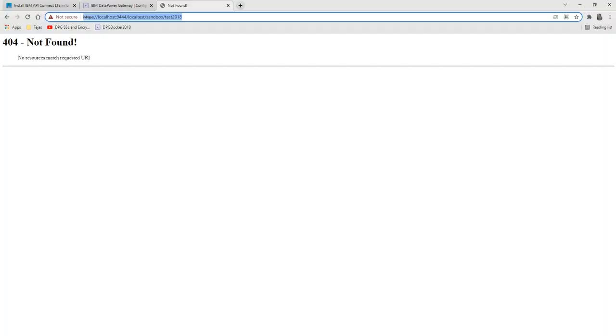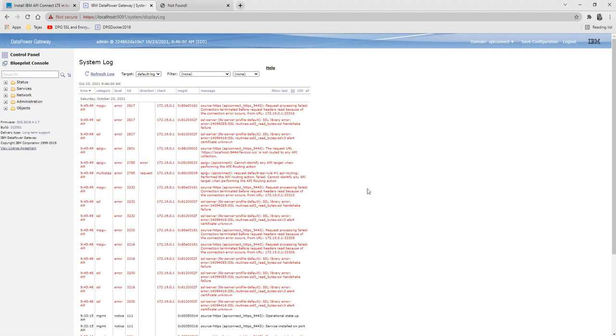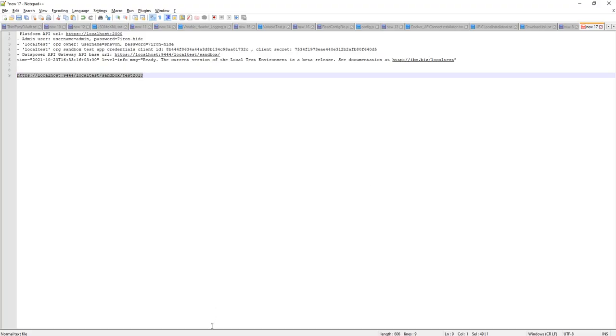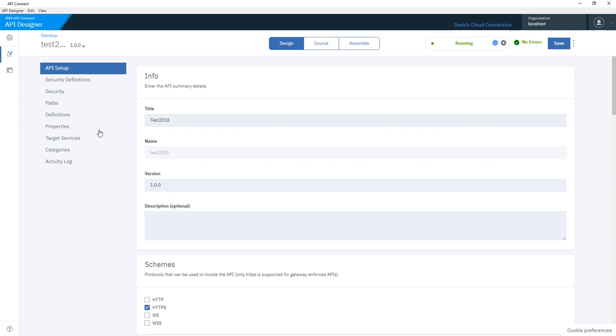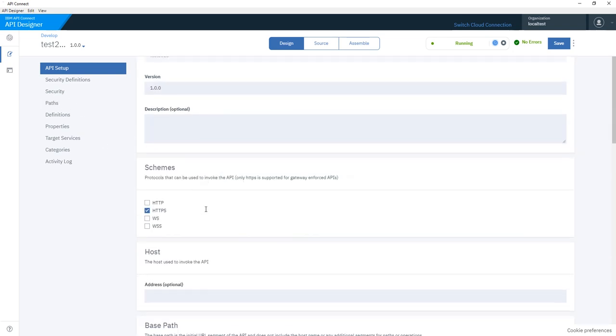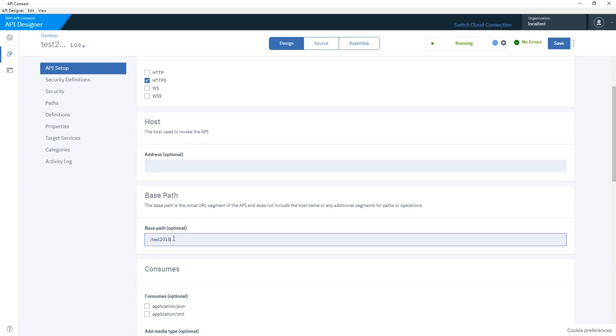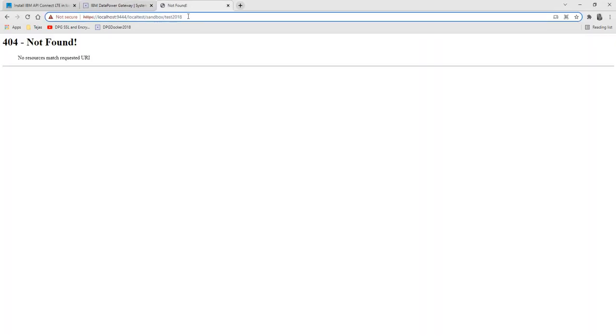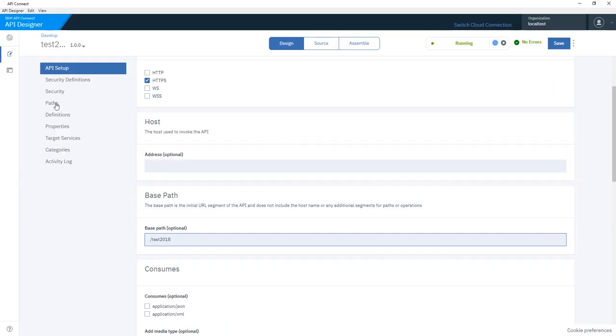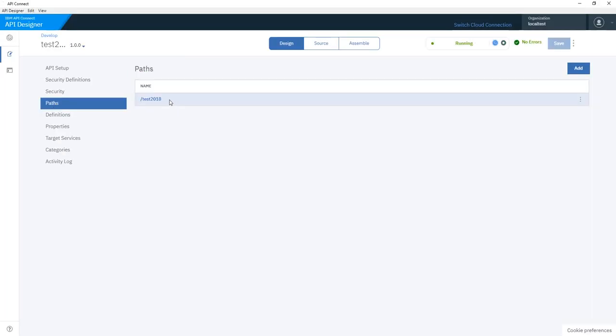The base path is test 2018. We kept the same test 2018 and the path.